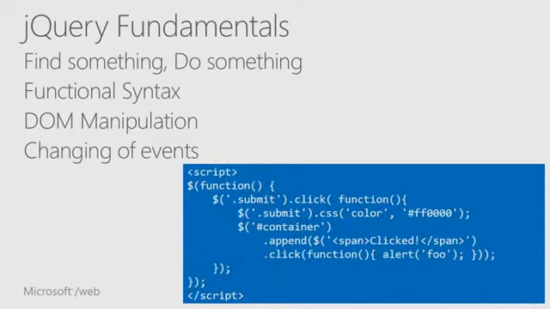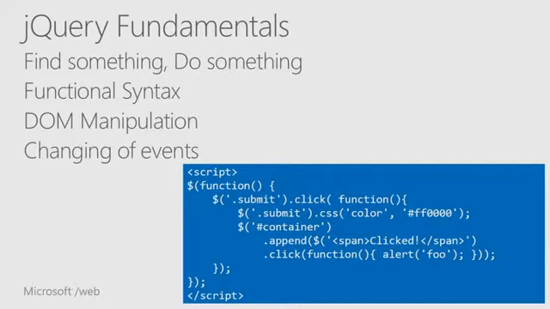Yeah, absolutely. So in this case, I'm finding all elements that have a CSS class of submit. So there's that selector you talked about. .submit is the CSS syntax for... It's kind of a SQL query syntax. It is. It's a domain-specific language for CSS selection. Exactly. So find me elements with a class of submit, and then when their click event is raised, run this anonymous function. And what it's going to do is further find the submit elements again, change their color